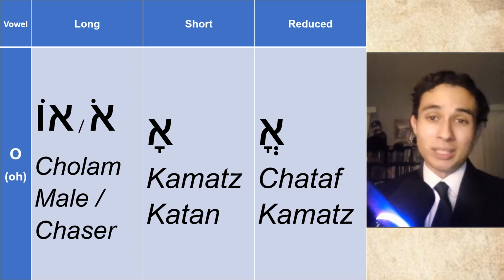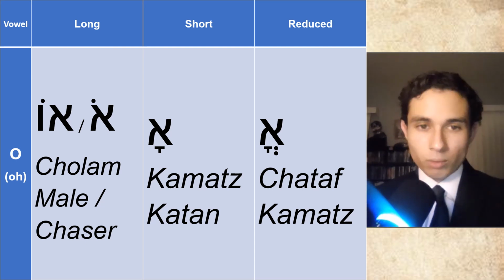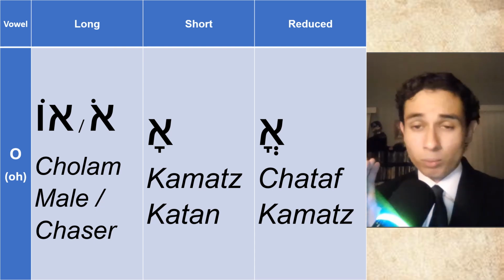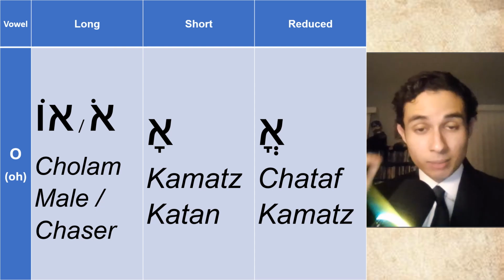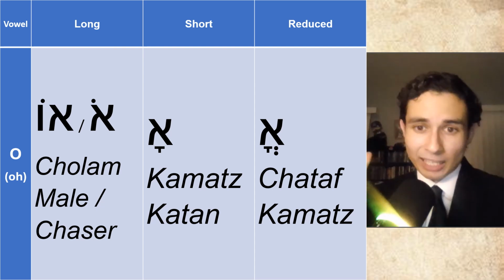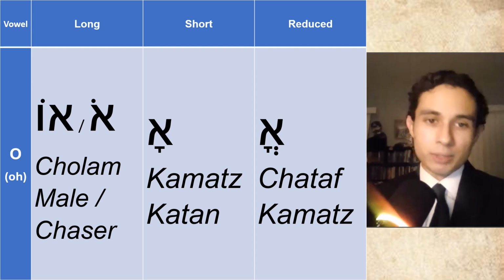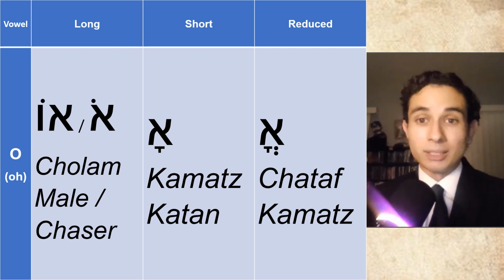Instead, what I will have to say is that once you grasp the concept of understanding context, meaning memorization of words, you'll know when it's pronounced as O. That doesn't mean that it's a 50-50 chance. No, not at all. But rather, I'd recommend you should simply default to the A sound as kamatz gadol, because that is the case, I'd say, even 99% of the time you're reading. But there are very few instances when it is pronounced as O, and we call it kamatz katan, which means the small kamatz.